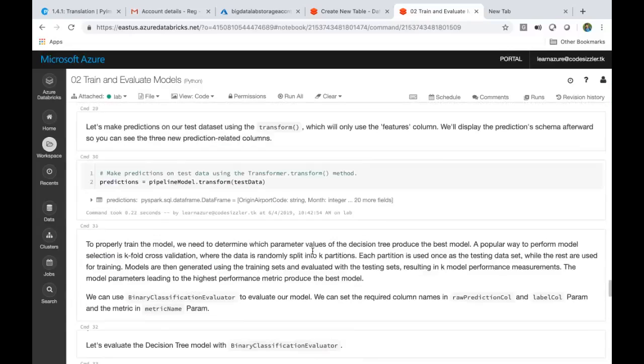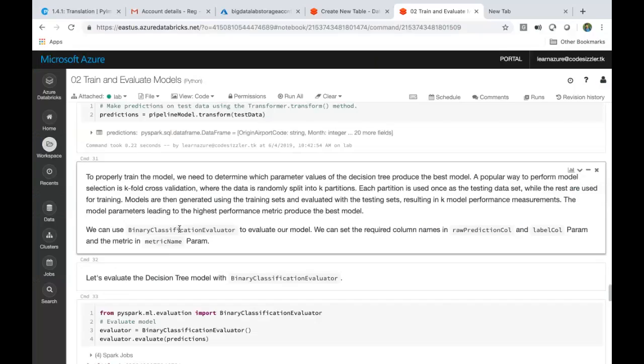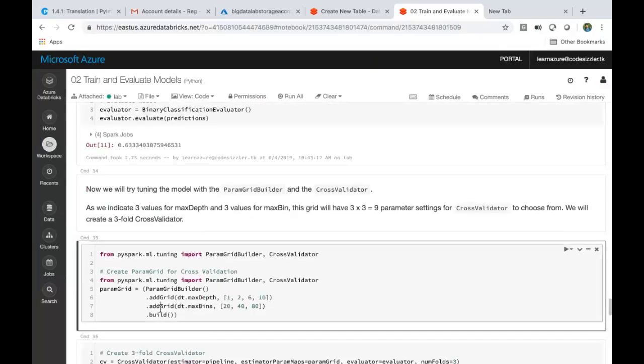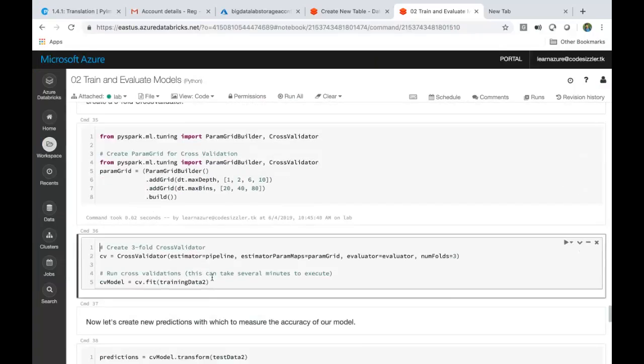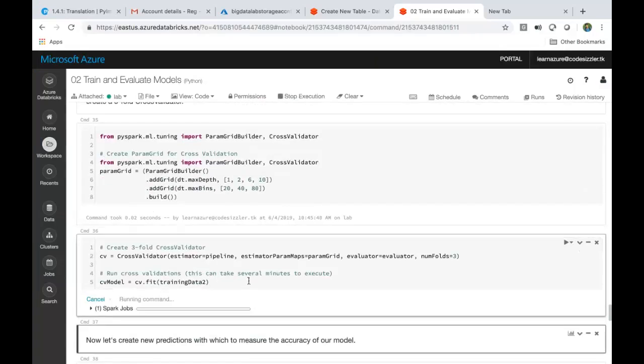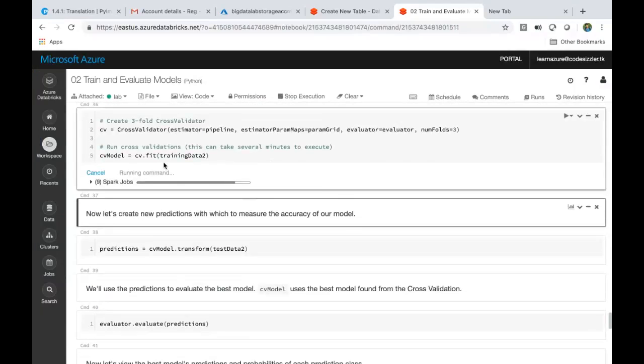So what happens with this? It'll go through multiple iterations, multiple hypertuning parameters, because this all has to be done by the data scientist manually. Instead, he's trying to build an algorithm which will do it automatically and give you the best results. So he's doing that here. Add grid and build. So when I say param grid, now I pass this param grid into my pipeline like this. So I say cross validator and get the records now. It'll take around a few minutes, 2 to 3 minutes, I guess. Once I get this, it will give me multiple model sets.